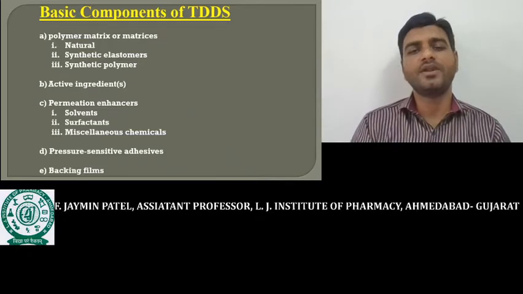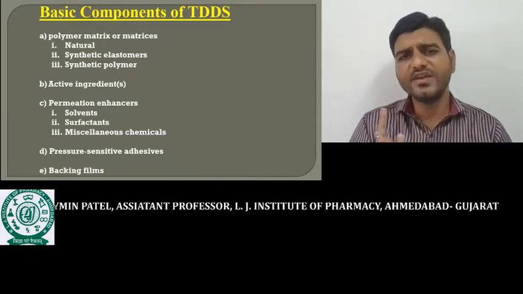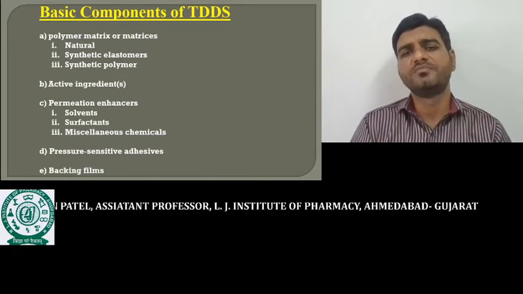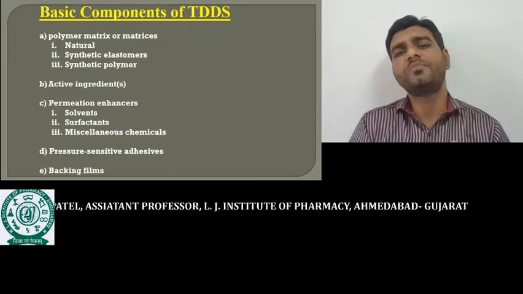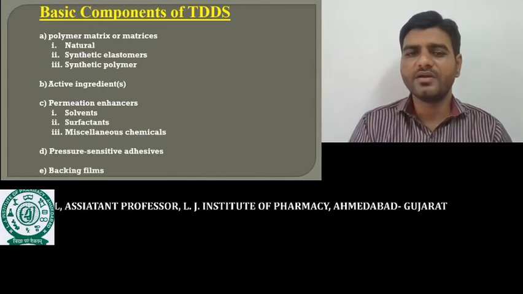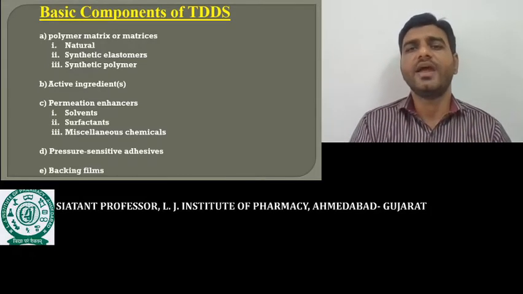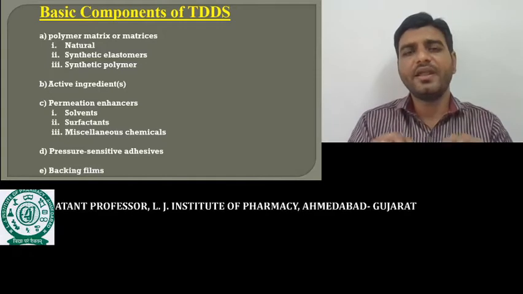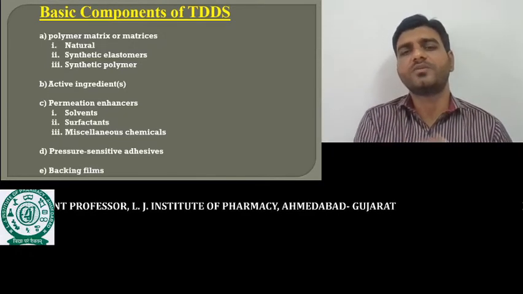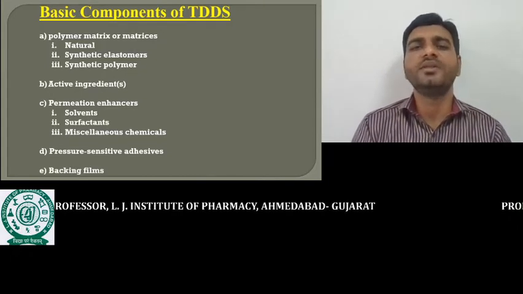Okay, next component is the pressure sensitive adhesive. An adhesive agent is required to attach the transdermal film, for the proper adhesion of that film over the skin surface. Mainly two types of adhesive are there, peripheral adhesive and bottom adhesive. Peripheral adhesive is attached to the peripheral part of the film, and bottom adhesive is at the bottom. If we use the bottom adhesive, ultimately the drug has to cross that barrier.